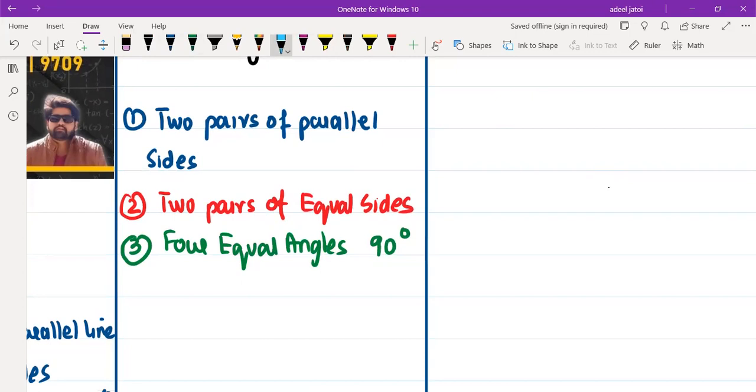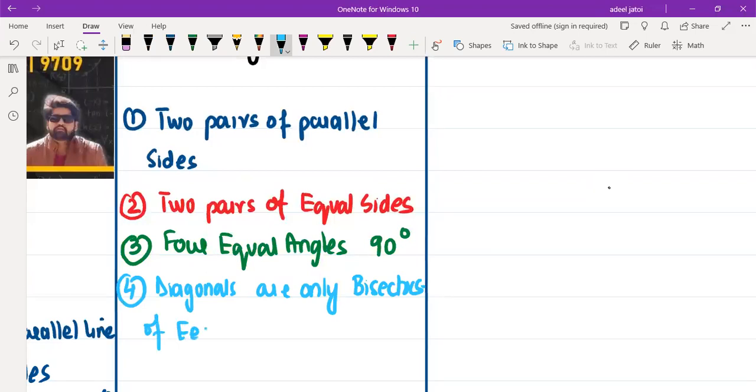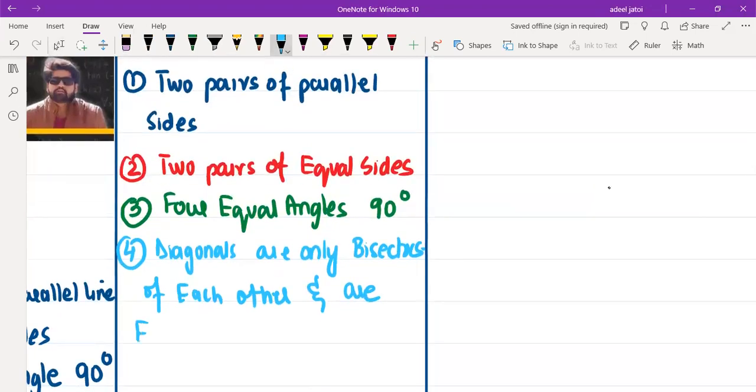Then the diagonals are only bisectors of each other and are equal. Which means it is not the perpendicular bisector. It is not the perpendicular bisector. It is perpendicular. Now, confirming this, you need to understand that